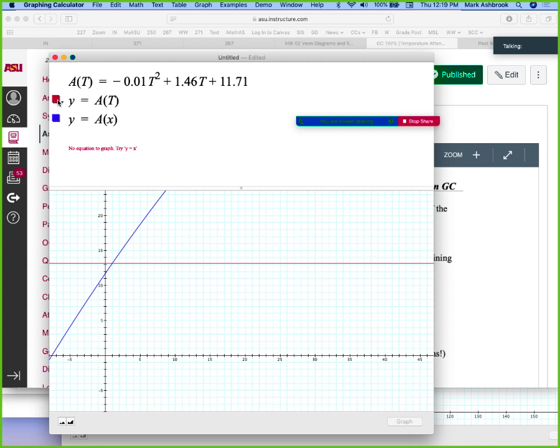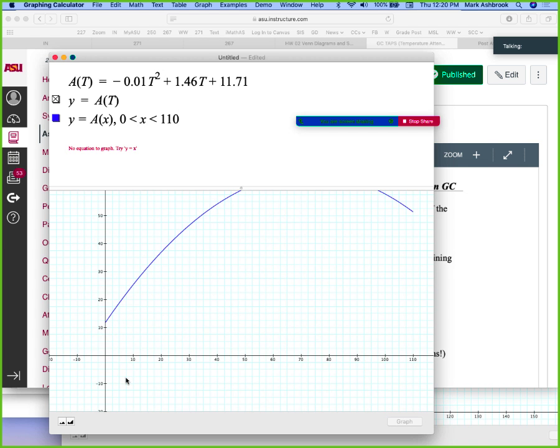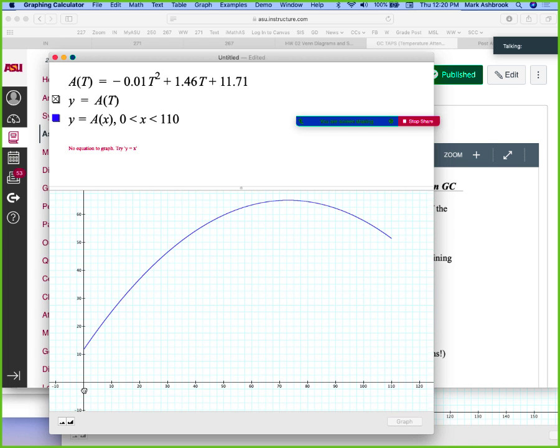Turn that one off. And then we can zoom out, get a good view of it. It's pretty decent. And then we want the only for, what did we want it for? 0 to. Okay, good so far? Okay, so then you had to come up with a